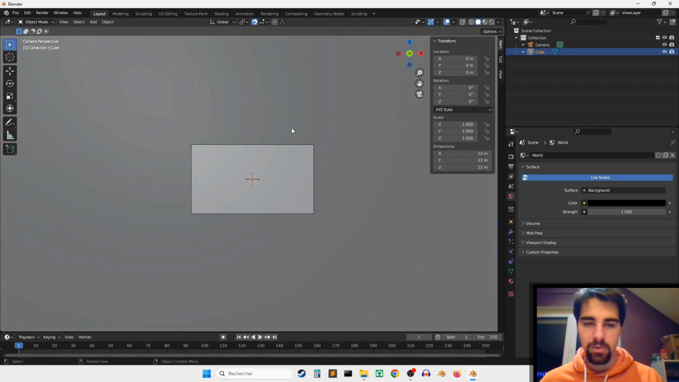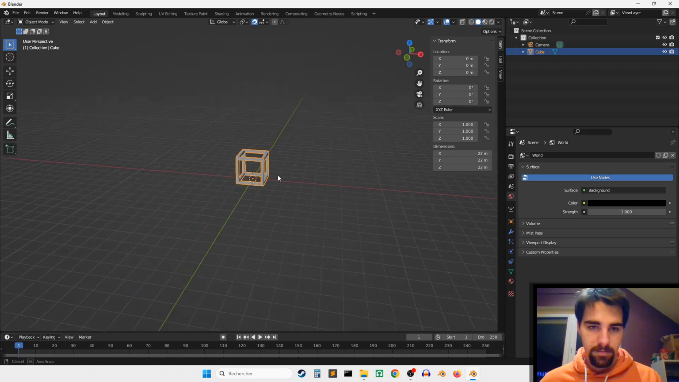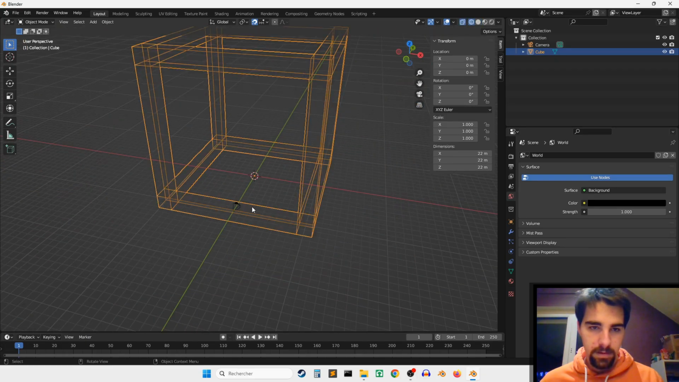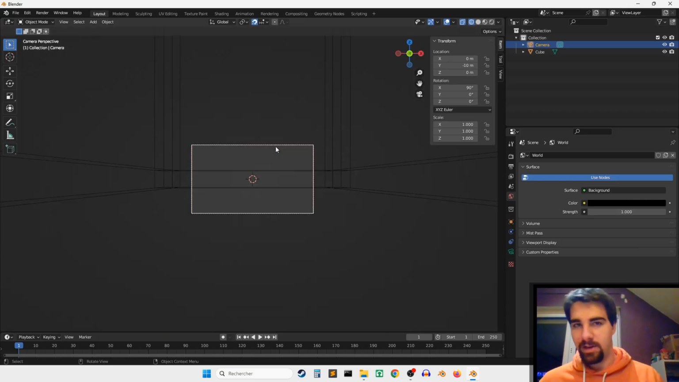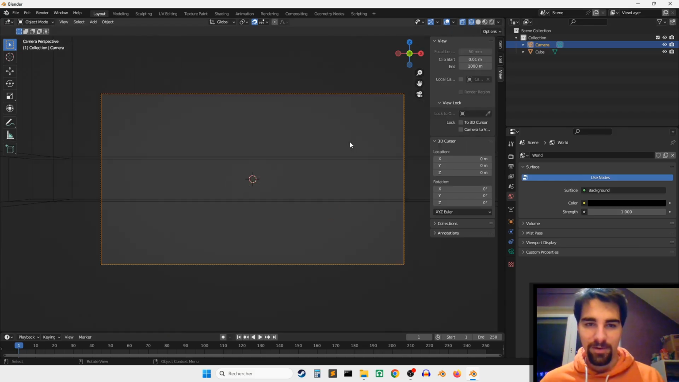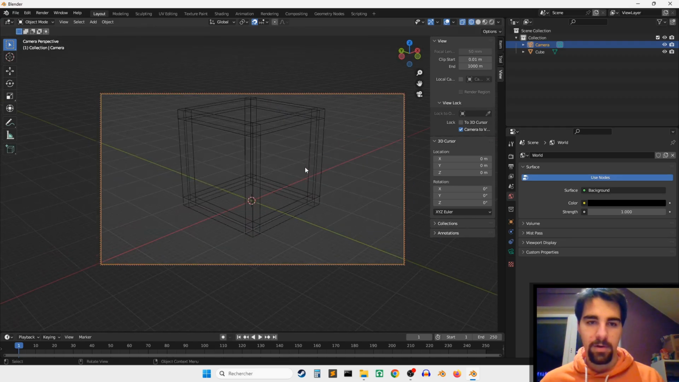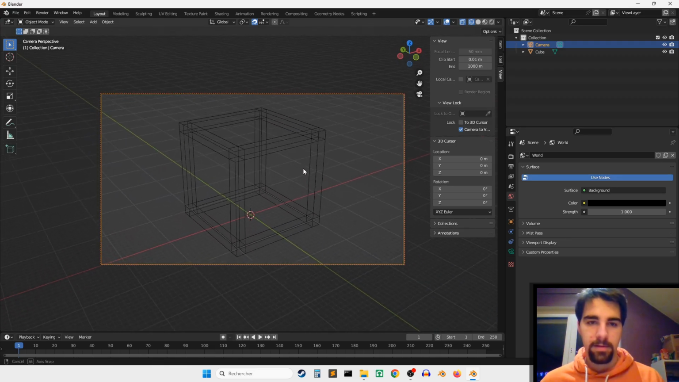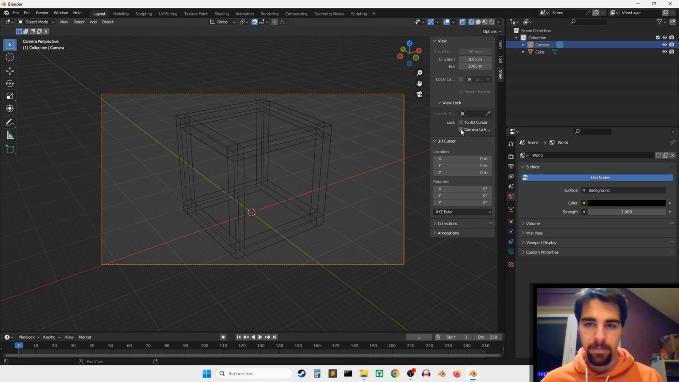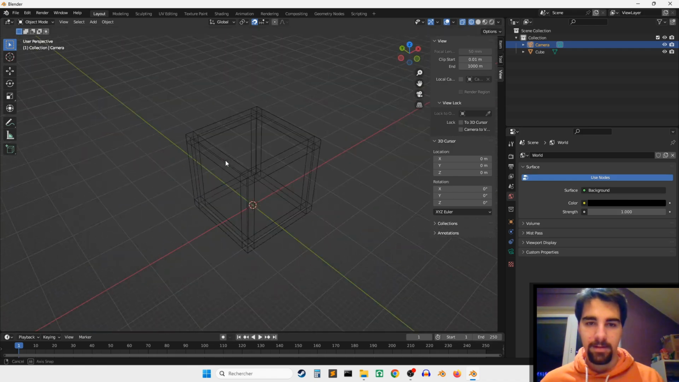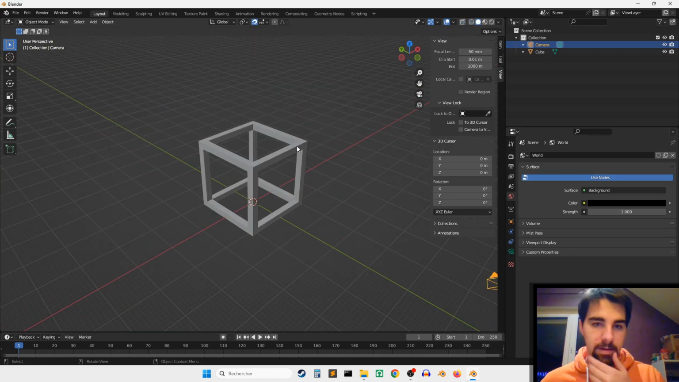Now 0 to go to the camera. It's there, okay. Right click, set active camera, sorry, camera to view, and now you can move, the camera will follow. Let's put it like so, and disable that so that the camera doesn't move. The solid,